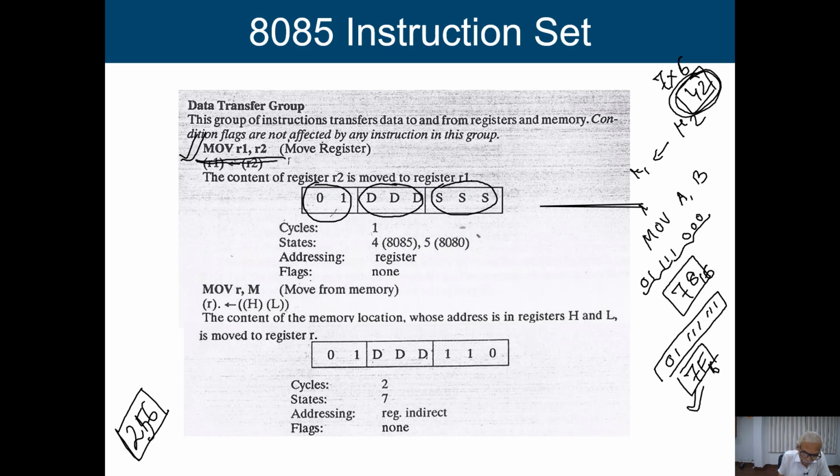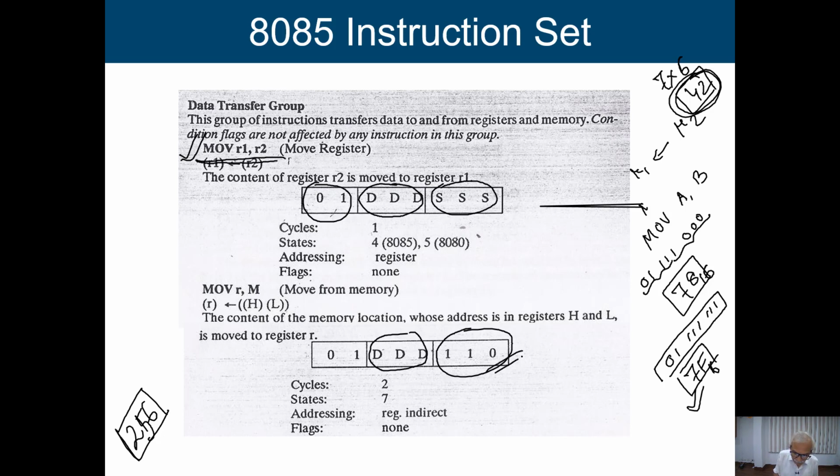Second one is your move RM. It says to transfer the information from a memory location to a specified register. So here this is my destination DDD. It is coming up with this particular destination register, and when this is 110, already I said that we have not used that 110 to indicate any register.